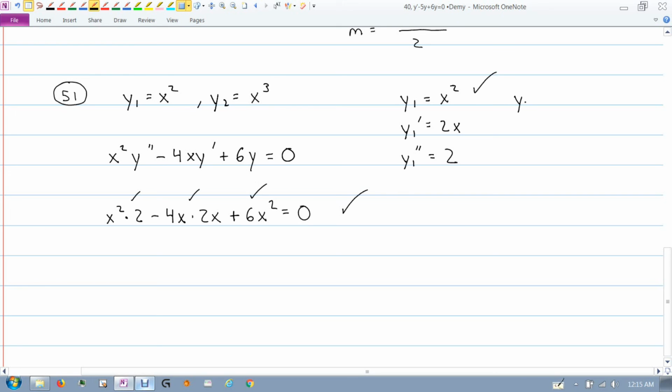Now if we look at a different possibility, that we use x cubed, then the derivative of this would be 3x squared, and then the second derivative of that would be 6x. And if we go through this same check, and go through it right here,